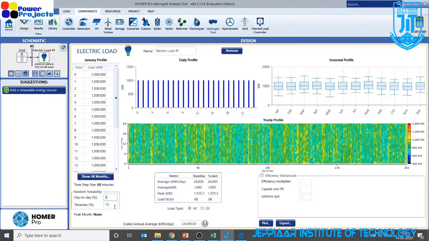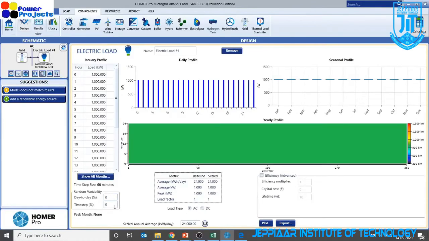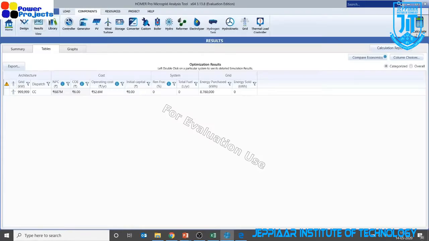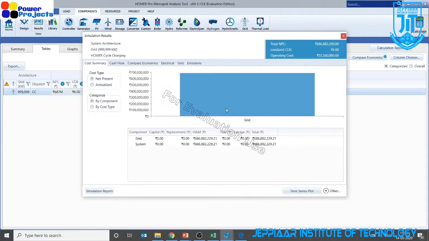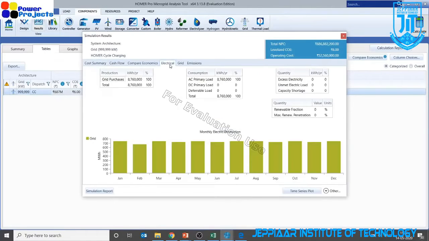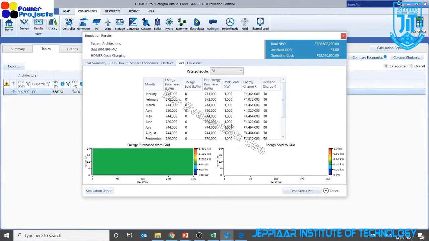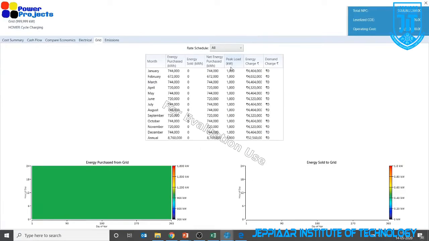If you change it to zero, then you have a peak demand of only 1000, that will not change anything beyond 1000. So that means your load is flat, 365 days 24 hours, the load remains 1000 kilowatt. That's the meaning of it. Right, you can see here, it has never gone beyond 1000. That's always 1000. Fine. So now you have probably understood one important piece of information.